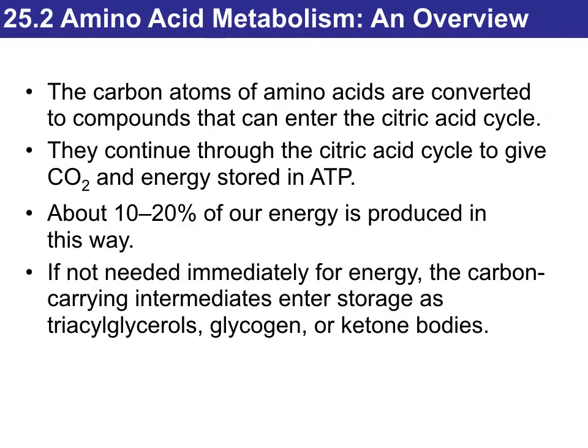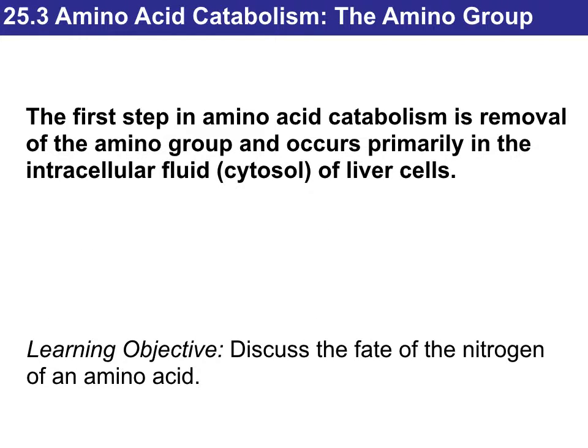Now looking at the carbon atom of the amino acid, it can be converted into compounds that can go inside the citric acid cycle. They are going to keep going through that citric acid cycle to help make energy and carbon dioxide. About 10 to 20% of our energy is produced this way. If it's not needed immediately for energy, the carbon-carrying intermediate can go into storage, such as triacylglycerols, glycogen, or even ketone bodies. So looking here, the first step in amino acid catabolism is to remove the amino